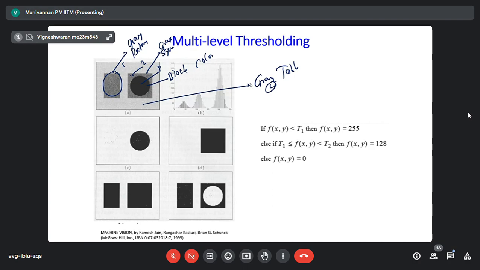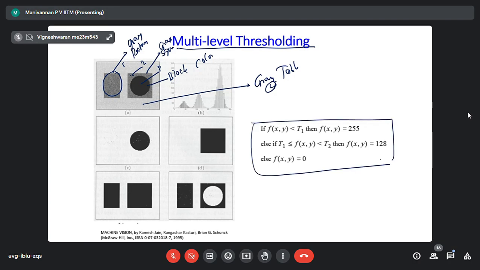How will you know what the different objects are? Then you have to go for multi-level thresholding. What do you do? You set multi-level thresholding. So this is the algorithm or pseudo code. You have to find the threshold for each one. You can see that if this is the pixel location, we know that this is the first pixel, second, third, fourth, like this. First row, second row, 1, 2, 3, third row, like that. It is there. Now